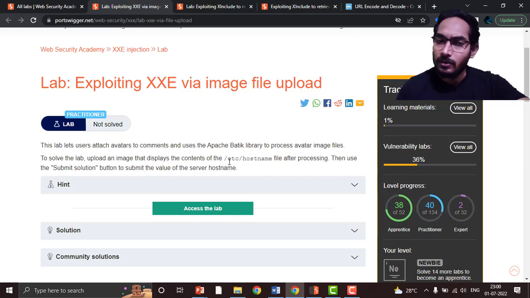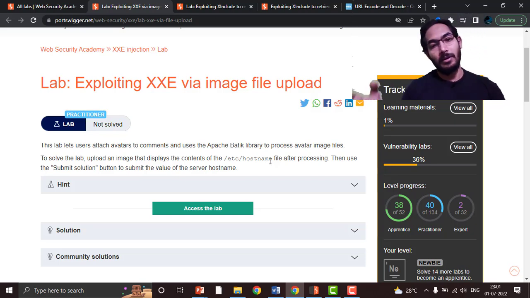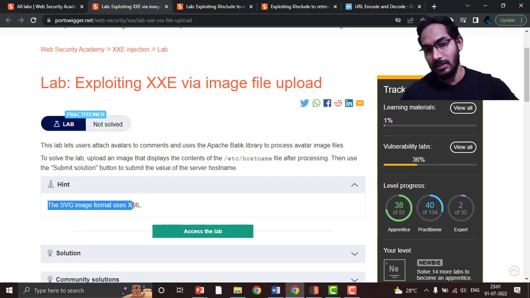So we can get the hostname by using etc hostname. This is the file which will be there, and we want to embed it into some kind of image, inside the content of the image file. So what is the thing that you can do here, which image file can you edit, which is supporting XML, and you can embed this kind of XML content in there, and you can try to get it. So we have a hint here, and it is clearly saying that SVG image format uses